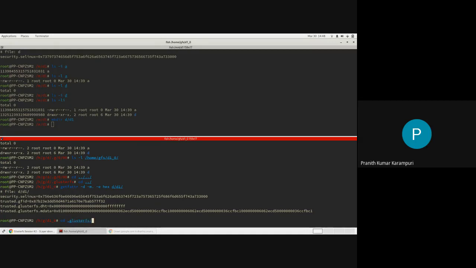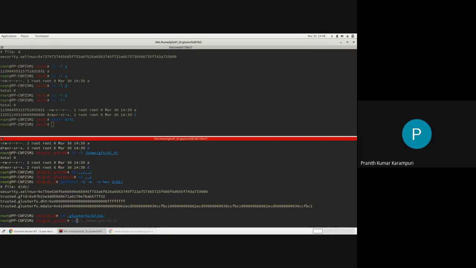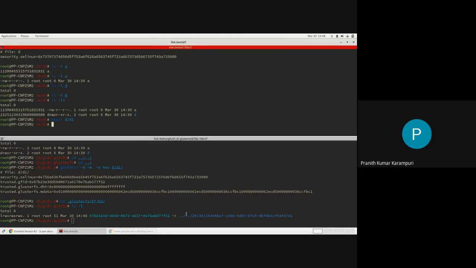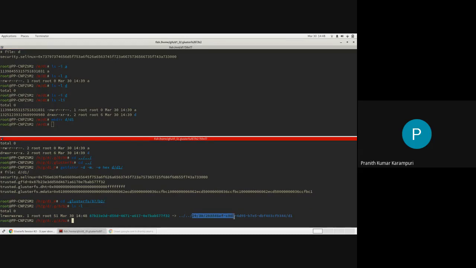Let's try to figure out what that is. If you look at this one, now it will be relative to its parent directory, which is D, which had 2938 some big UUID slash D1. So the directories always have the GFIDs arranged in this way. Okay, does that make sense?